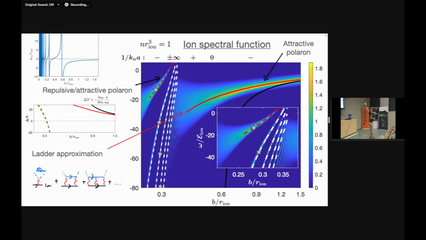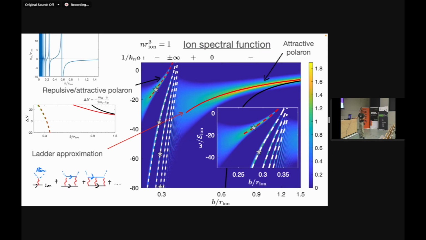Its energy is above zero. It says P equals zero impurity ion, and then it goes through zero down to attractive when the scattering length becomes negative, where there's attraction. And if you look at the number of particles in the dressing cloud, that also is negative up here, so it pushes away the atoms. And then when you go towards the attractive side, it actually pulls in the atoms. So that's all consistent. So you have these two quasi-particle branches, repulsive and attractive polaron, kind of like what happens